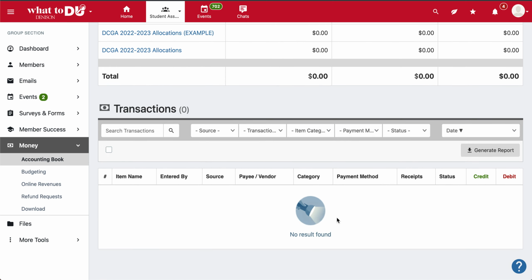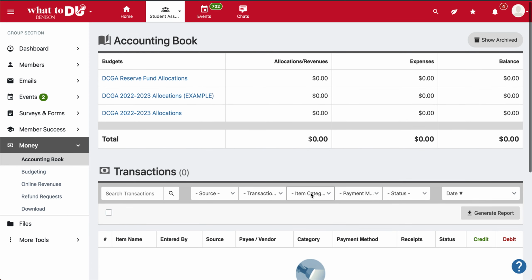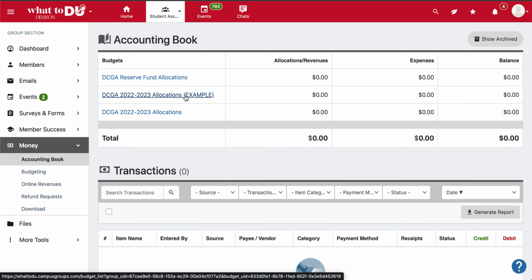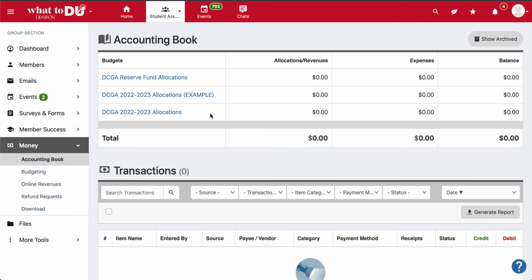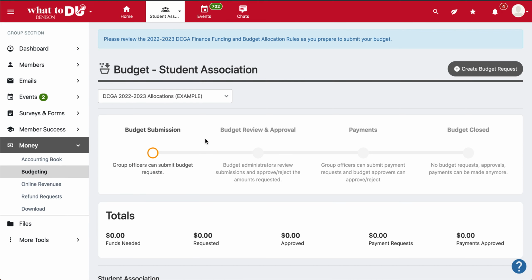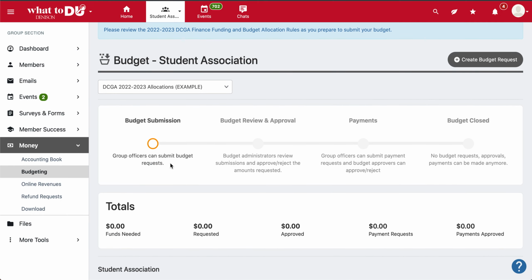It'll also show you all of your transactions as you start to populate them and give you a few other details. As you can see here, we do have this example budget, which is just for the purposes of this training video, and we're going to go ahead and submit a request for it. To submit a budget request, we're going to click on budgeting. As you can see here, this budget is currently in budget submission, which means we can submit requests for funding